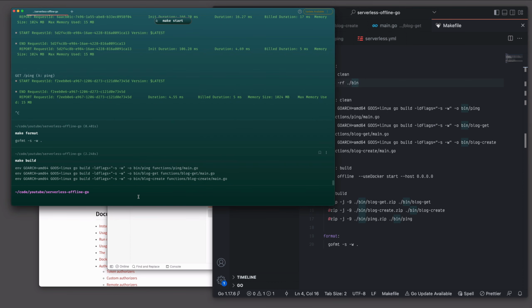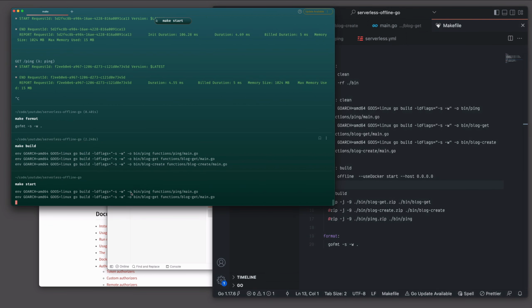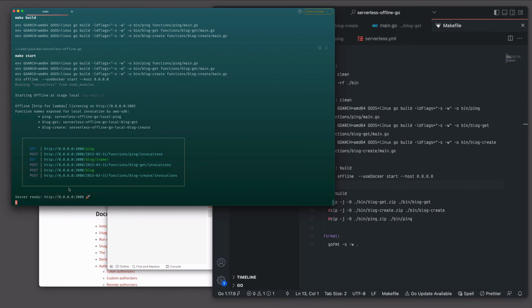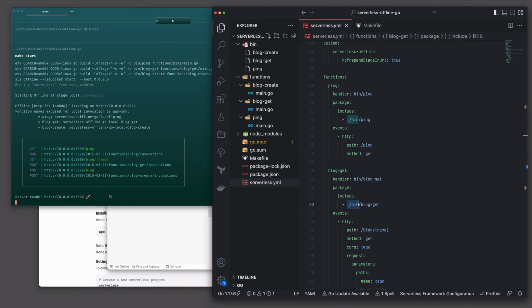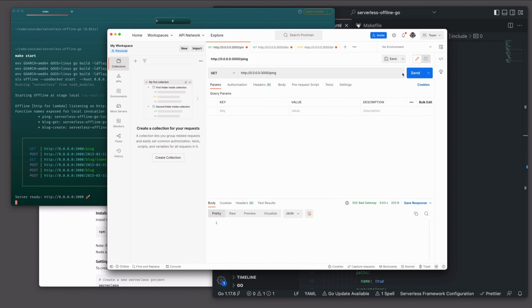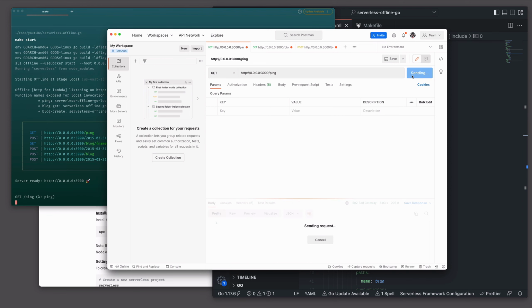Good. Let's run our project one more time locally. So make, and then the command here is start. It's going to clean, build, and then run it locally for us. So now I'm going to run the ping and blog and create blog and see what I would get. Because, well, let's test it and see. So I will press ping